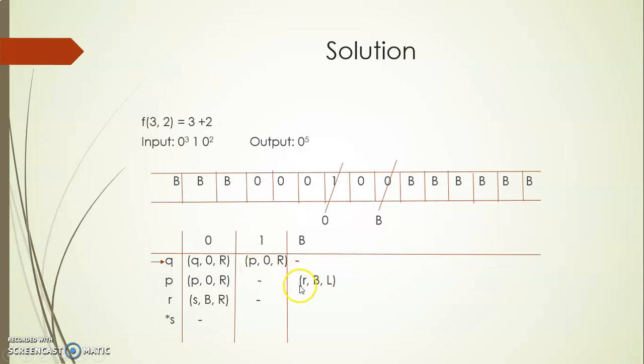So it enters a new state, say R. This R converts 0 to blank and enters a new state. If you want, you can move to a new state and say that is an accepting state, or you can have R as the accepting state itself. So that's it. Very simple addition operation.